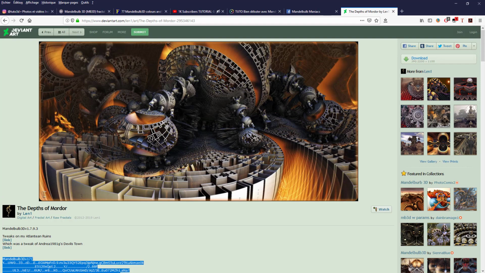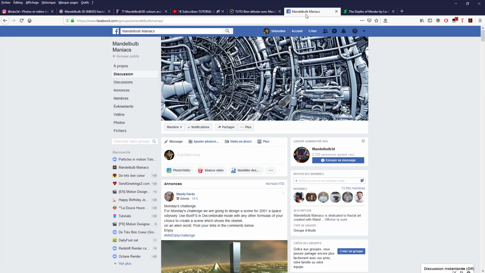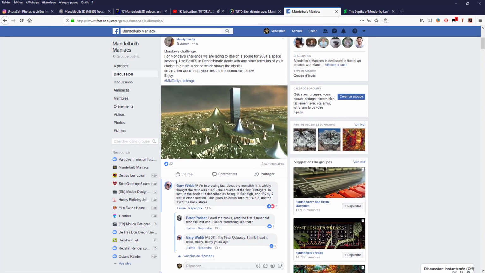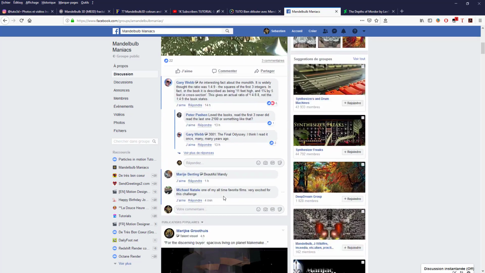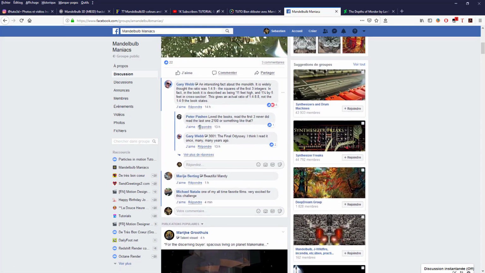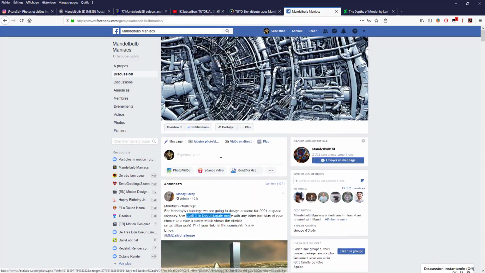During rendering, I will show you. You can go to Mandelbulb Maniac. It's a Facebook group, and here every day you have something to do. You see a challenge. So for learning, it's very good as well. The admin or moderator asks you to use, for example, this formula in this mode, and then you have to post your render. So it's cool. Do it if you want. Before that, join the group, of course. It's a Facebook group, so you have to join from there.